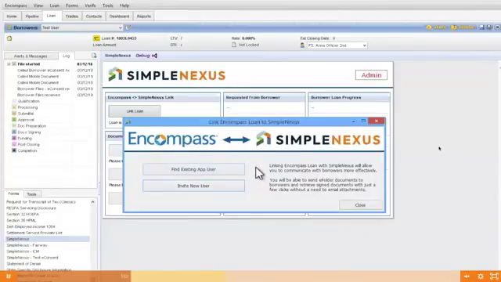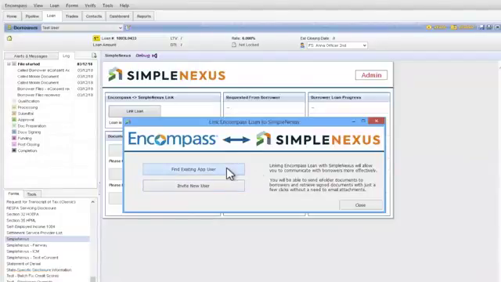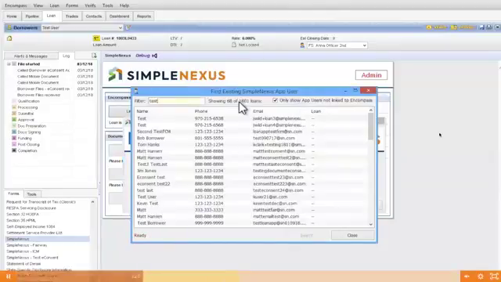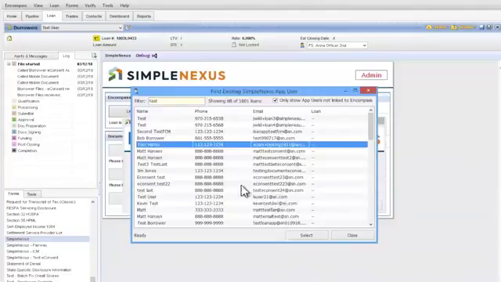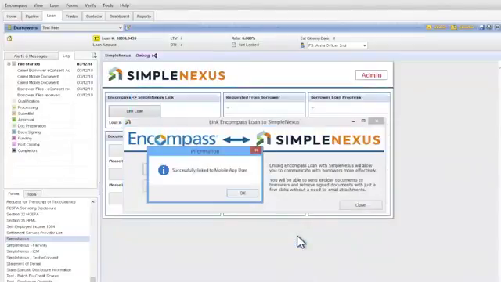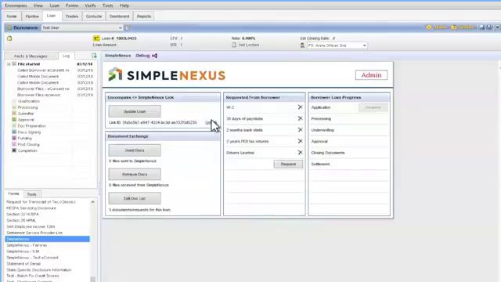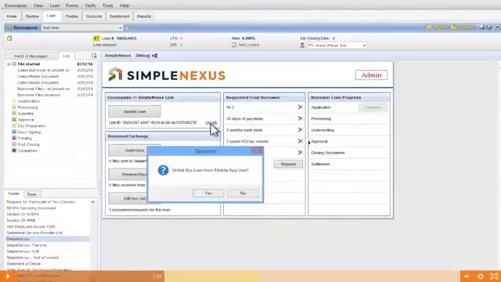So we'll go ahead and click on Find an Existing App User, and it will talk to the Simple Nexus dashboard, and it will come up here and give you a list of all of your app users. And you can choose this little checkbox to show only app users not already linked to a loan in Encompass. So I'd recommend you make sure this box is checked. So then you go find the borrower here on this list, and then when you select the borrower by clicking on their line and then clicking select, then you're manually linking the loan to the app user, and then you'll see all this additional information appear, and then the borrower will be able to see their loan on the